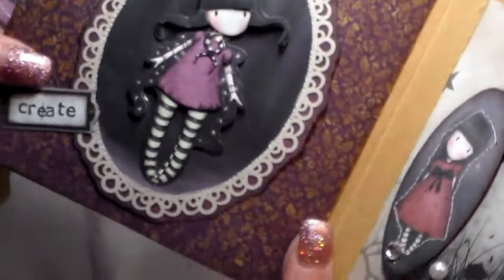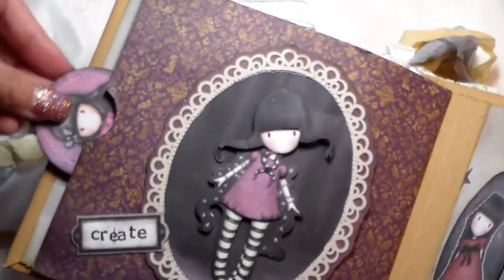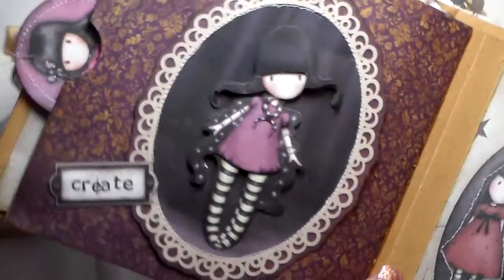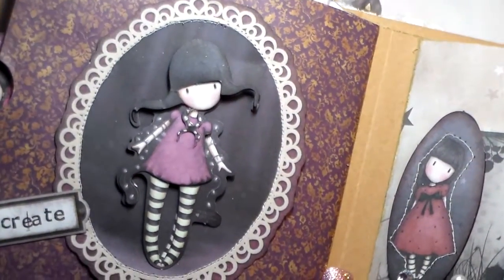Okay, and then some of them I tried to coordinate, so like this little girl is her. And so she's peeking out. So this page says create. Let me just see if anything was there. Nope. Okay, this page says create, and this is one of the 3D images, just like the one on the